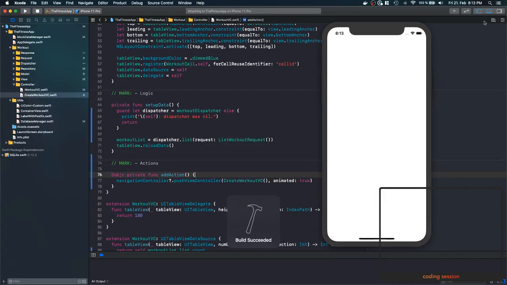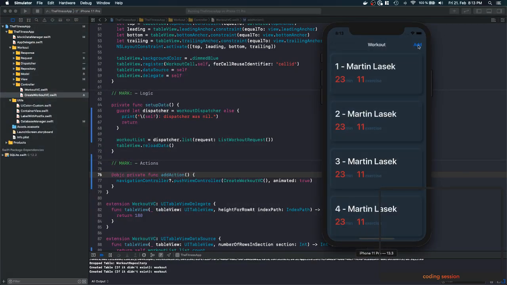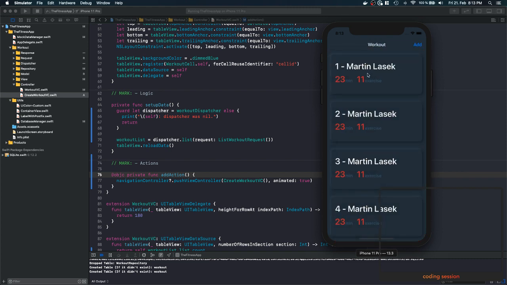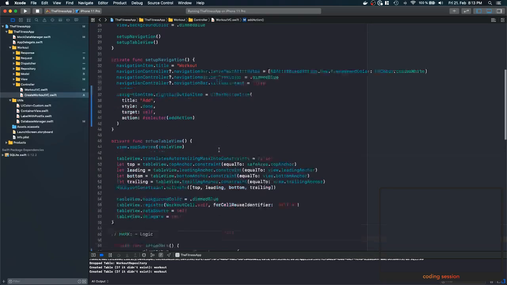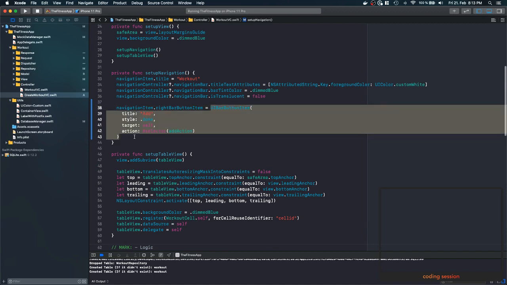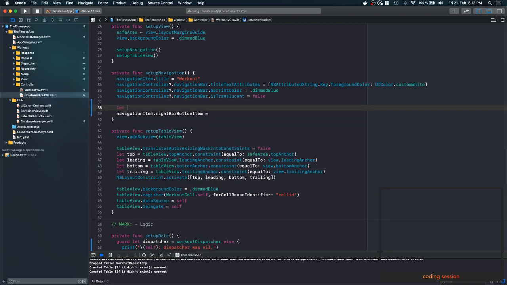So I show you what happens. Once we run this, we will have an add button, not colored blue yet, but once we tap it, we will get forwarded to this. We can go back here. But we want to have this button here, add button,